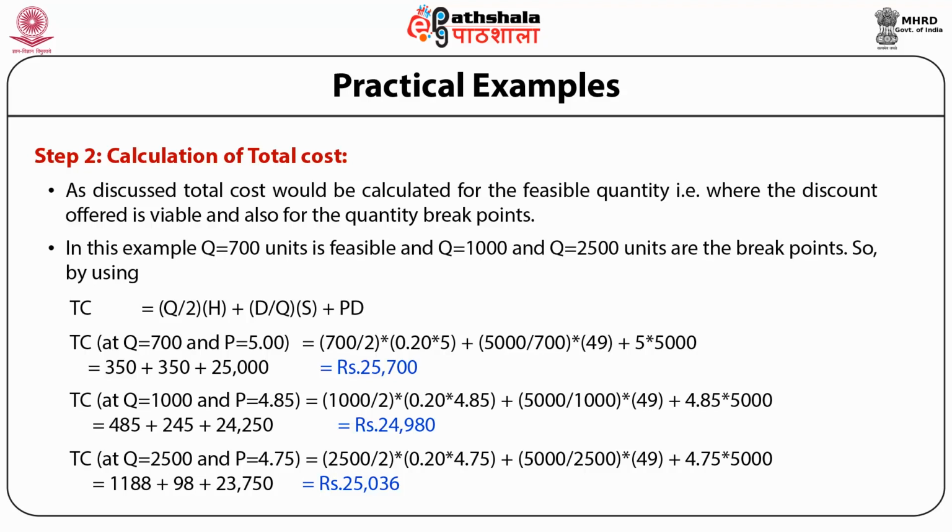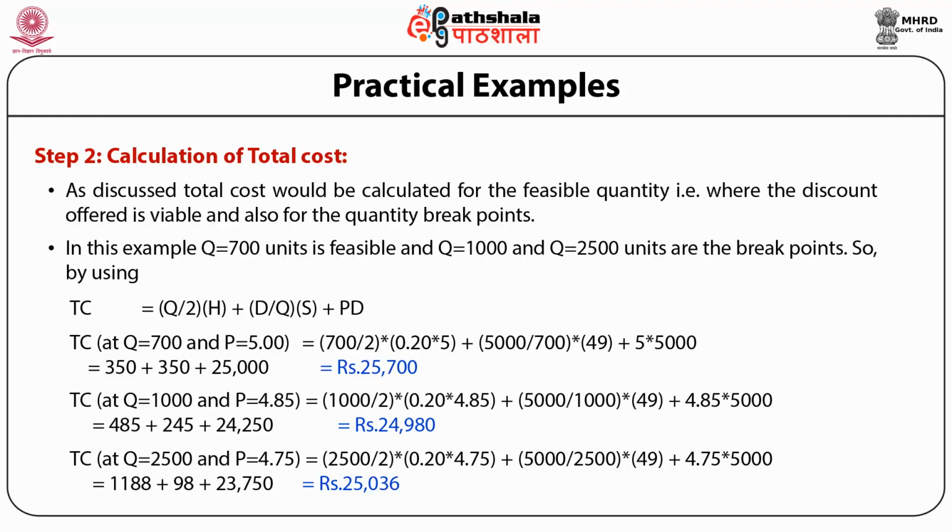So by using total cost equals Q upon 2 into H plus D upon Q into S plus PD, total cost TC at Q equal to 700 and P equal to 5 equals 700 upon 2 into 0.20 into 5 plus 5000 upon 700 into 49 plus 5 into 5000 equals 350 plus 350 plus 25,000 equals